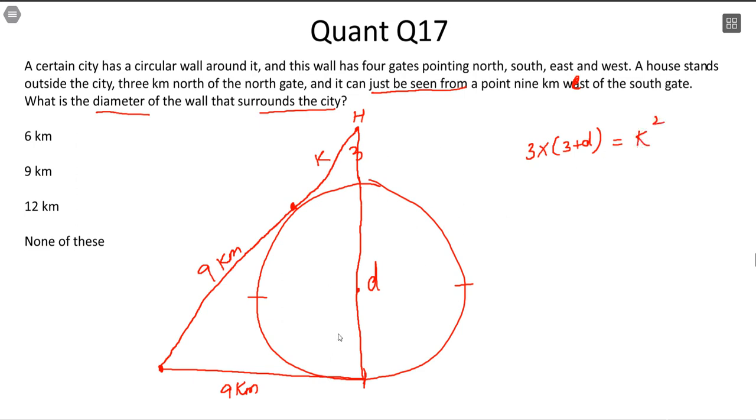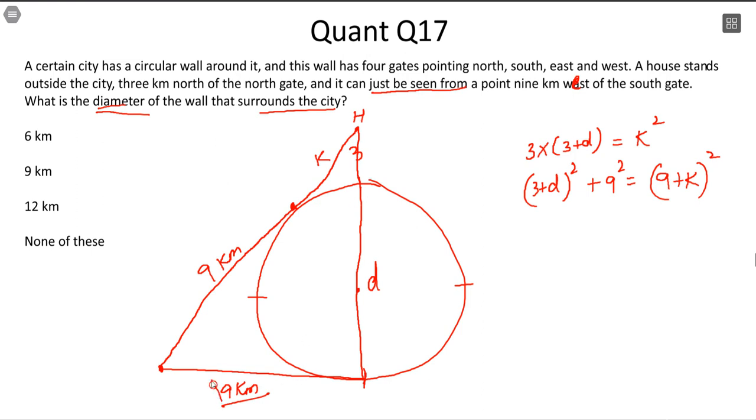The other thing you can potentially see is 3 plus d whole square plus 9 whole square is equal to 9 plus k whole square. Then you can go ahead and solve for values of k and d. The other thing you can potentially do, again, the insistence on knowing Pythagorean triplets. You see 9 here. You see 9 here. Finally, also pay attention. They are asking for diameter. Don't worry about radius. Something that a lot of people do. 3 plus something and 9, and then you are getting this.